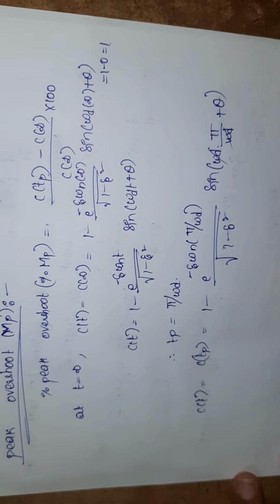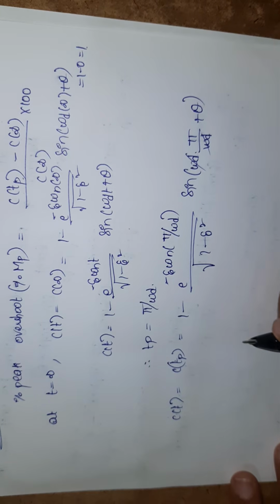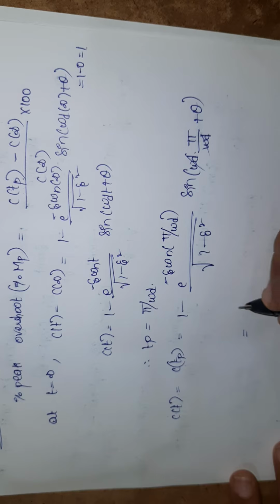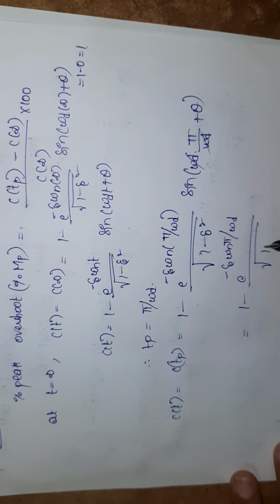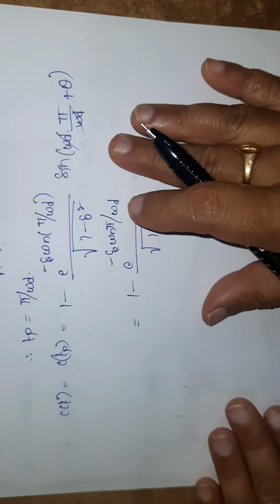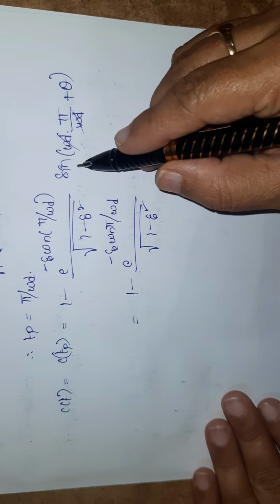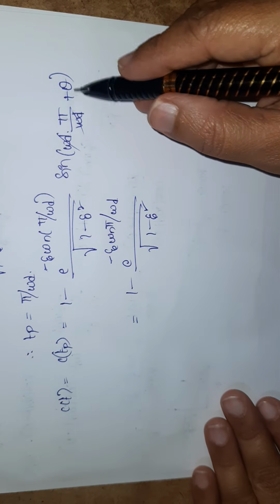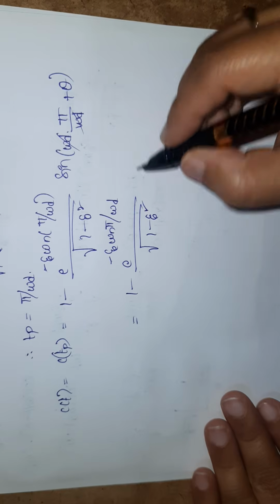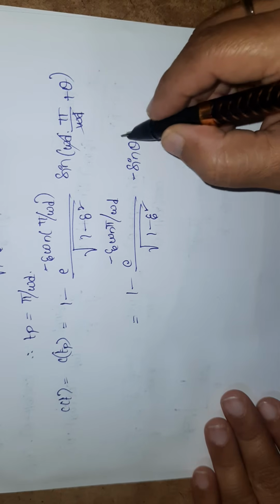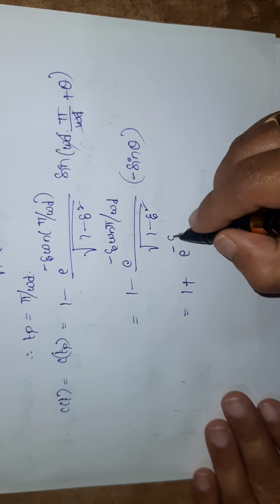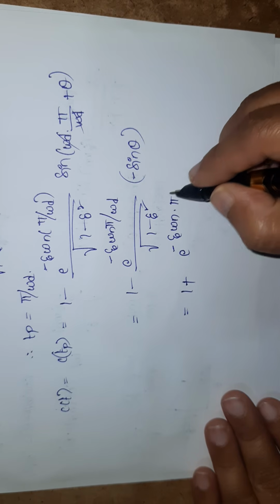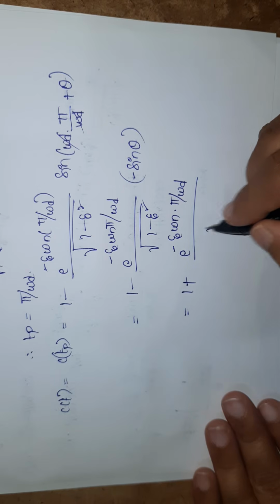This omega d will get cancelled. Here I will write 1 minus e power minus zeta omega n pi by omega d divided by square root of 1 minus zeta square into sine of pi plus theta. Sine of pi plus theta is nothing but minus sine theta, and minus of minus will become plus. So 1 plus e power minus zeta omega n into pi by omega d divided by square root of 1 minus zeta square,